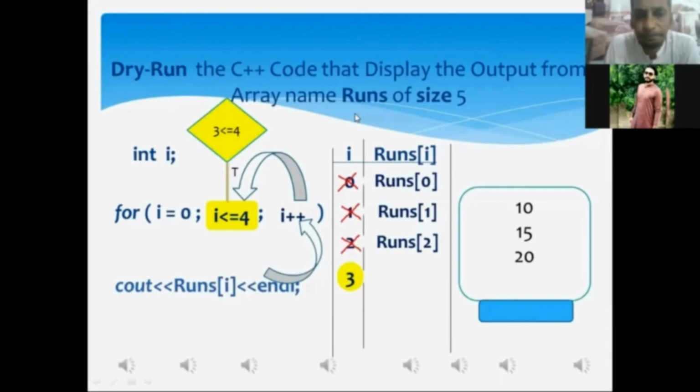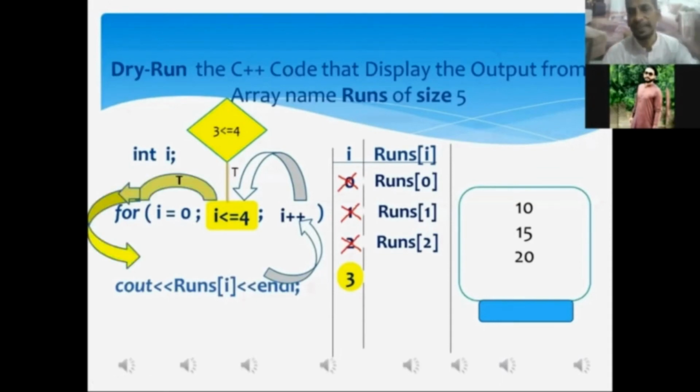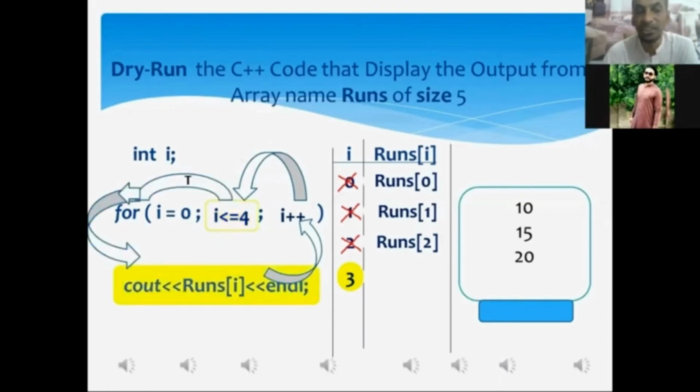Mr. Aftab, when the condition expression within the for loop statement gets true, the control of execution is shifted to the for loop associated statement. Okay, my dear, did you get? Getting, sir. When the condition within the for loop statement gets true, the control of execution will be shifted to the for loop associated statement. Now you can see control of execution has been shifted to the cout statement. Okay, my dear, did you get? Yes, sir.